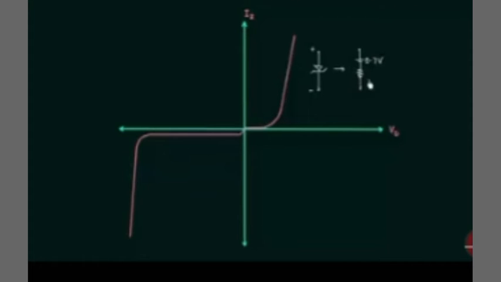Now this inner diode is forward biased, and I can replace this symbol by the barrier potential, 0.7 volt for silicon, and the diode resistance, say Rz. This is positive, this is negative. If we consider Rz to be very small, we can have the equivalent model like this in case of a normal diode.